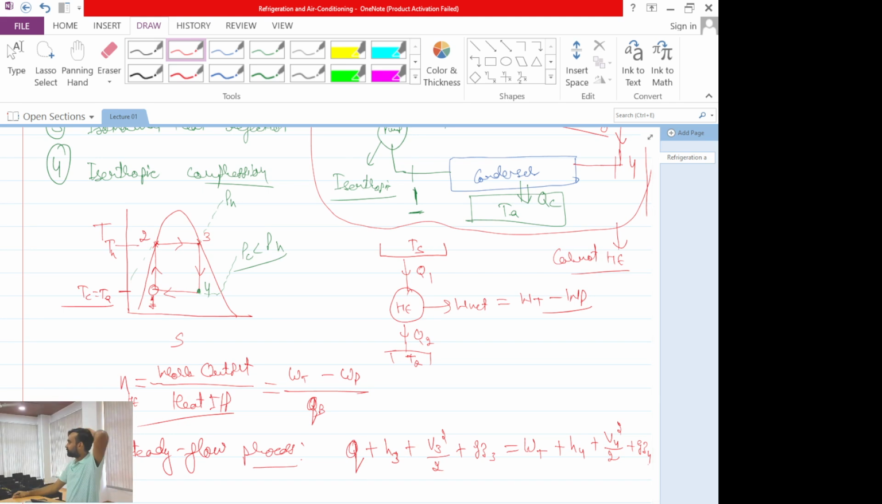Now I will make the assumption that changes in kinetic and potential energy are negligible, so these terms will go away. The process inside the turbine is reversible adiabatic. For an adiabatic process, Q will be 0. So it means W turbine will be nothing but equal to h3 minus h4. So here I can write h3 minus h4, minus of,